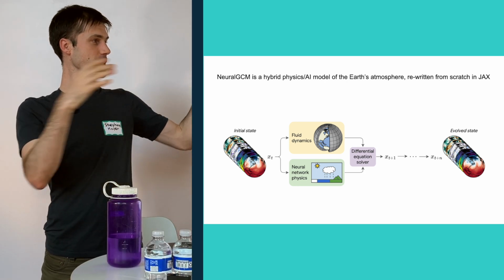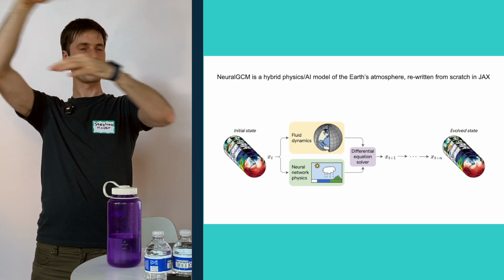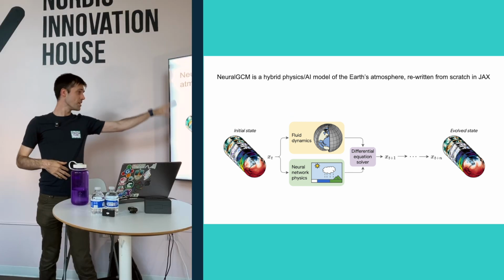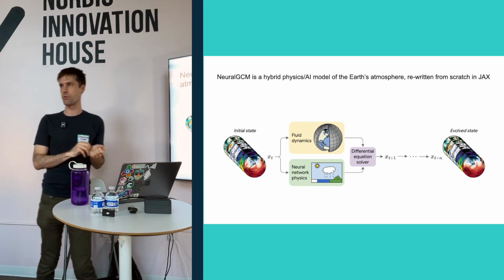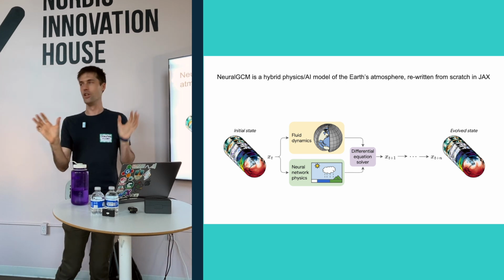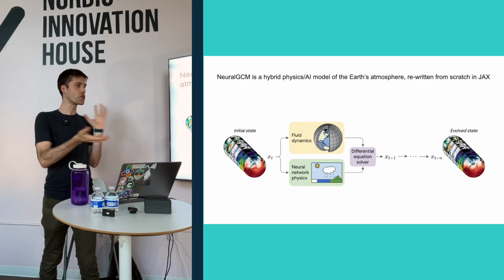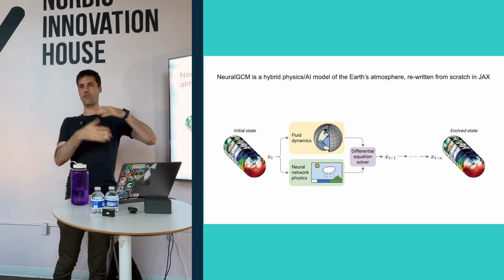We actually simulate things on a big 3D grid that goes vertically up 32 levels in the atmosphere, and each of these is a different weather variable like wind or temperature or humidity. These are the exact variables that are in a traditional weather or climate model. I think so far that seems to be pretty key. In theory, maybe you can find the latent space representation of the atmosphere, but no one has been able to make that work yet. So you are just representing the conditions in a grid. Oh yeah, but it's a 3D grid. The representation is actually pretty traditional. The difference is that we have a much more accurate model for how it evolves from time step to time step.